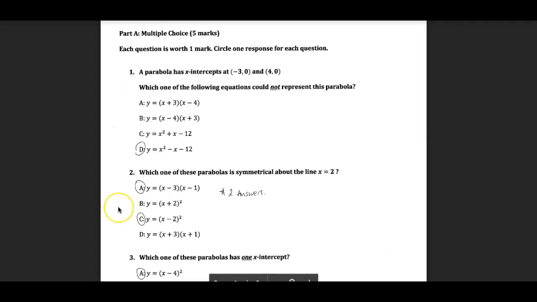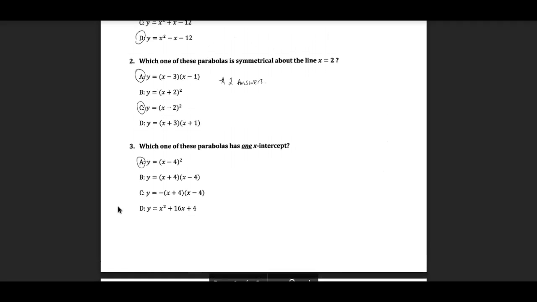All right, question 2. Which one of these parabolas is symmetrical about the line x equals 2? And as you can notice there, I've got two answers. Okay, so symmetrical about the line x equals 2. Remember, symmetry has it cut in half. Now, when you have it in factorized form, and I might just get rid of that parabola for the time being,